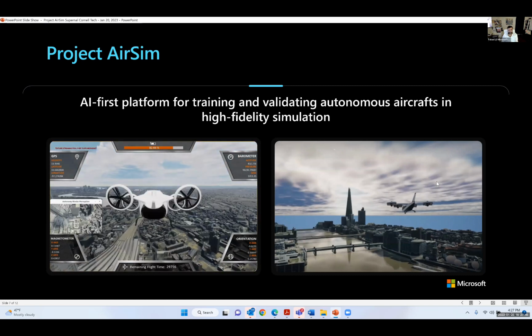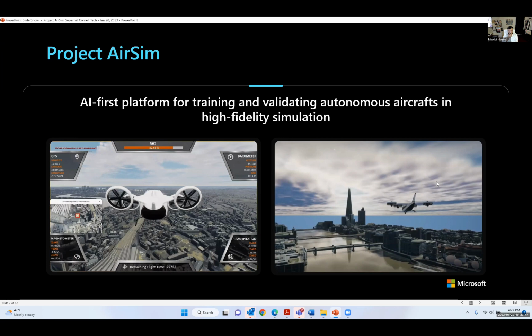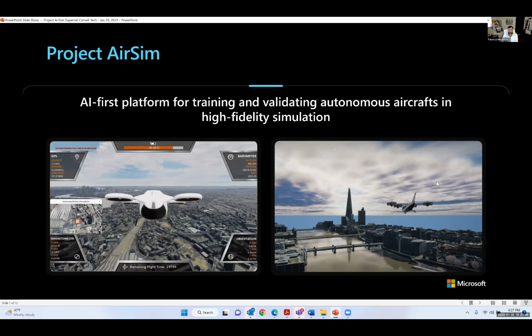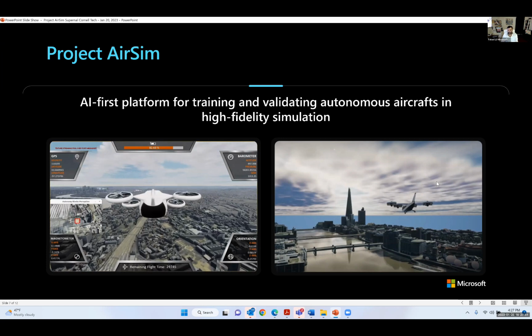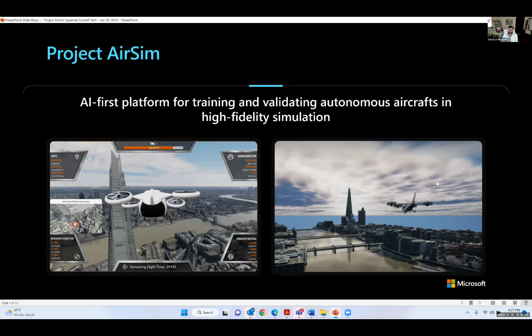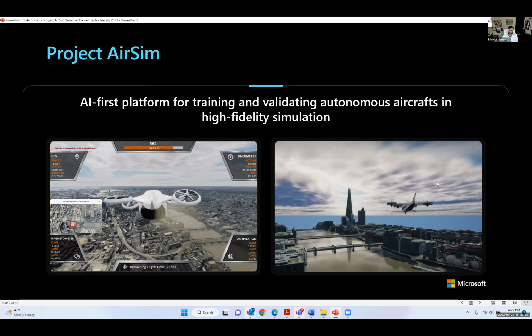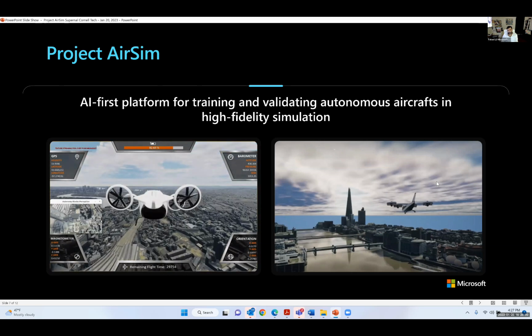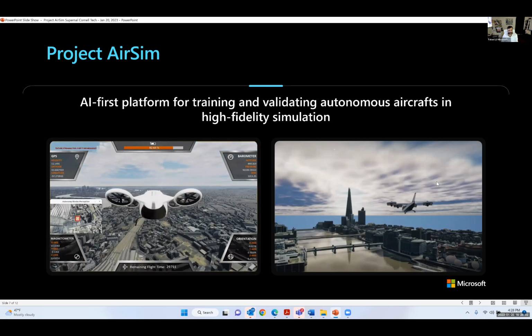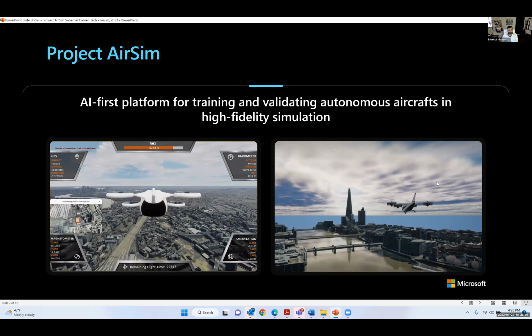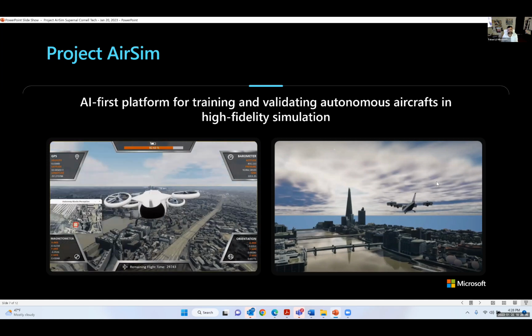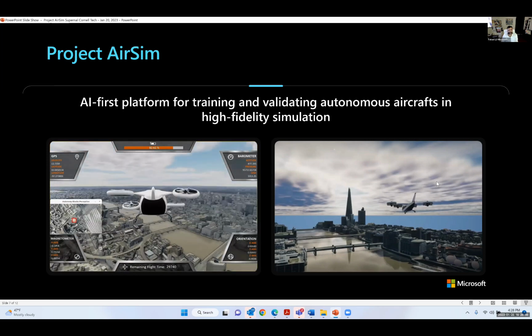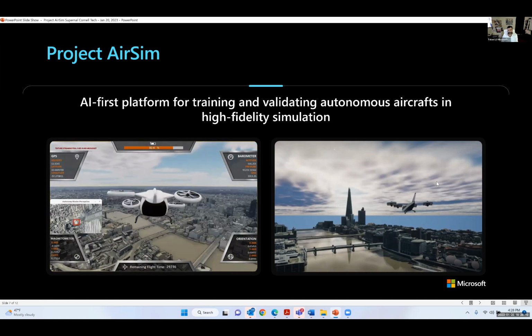We have companies like, and I can only give you the ones that are public, Bell Helicopters, using AirSim to develop their next VTOL, not an EV, a vertical takeoff cargo plane for a defense-related scenario. I can't delve more into what that is, but I can delve into another company that we partner with: Supernal, owned by Hyundai.